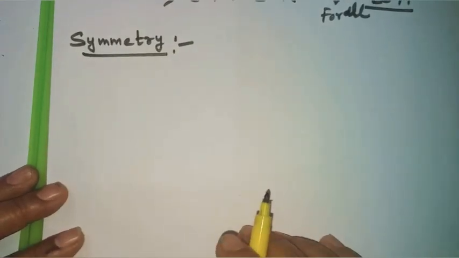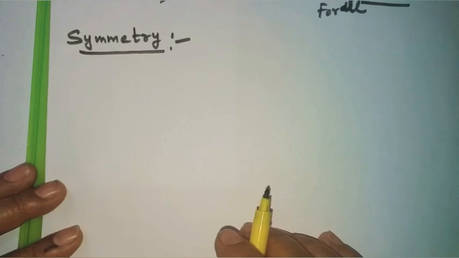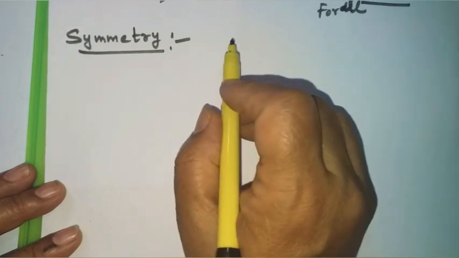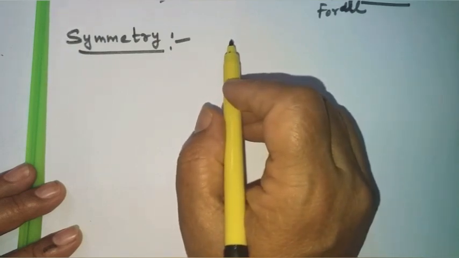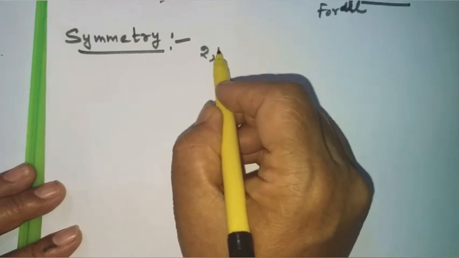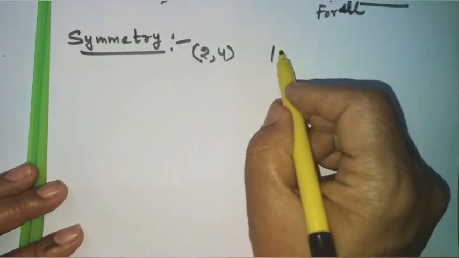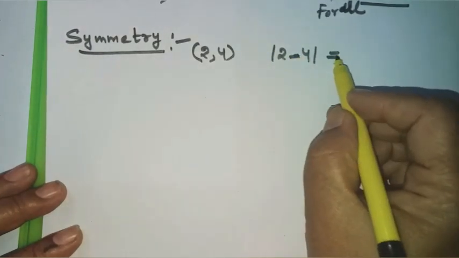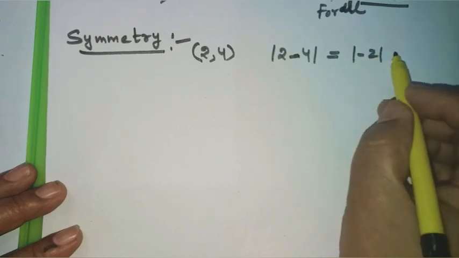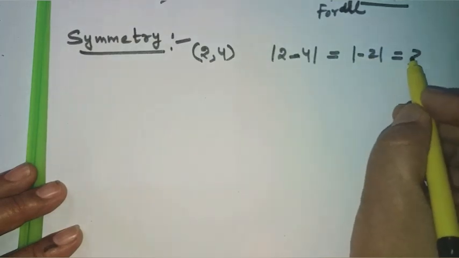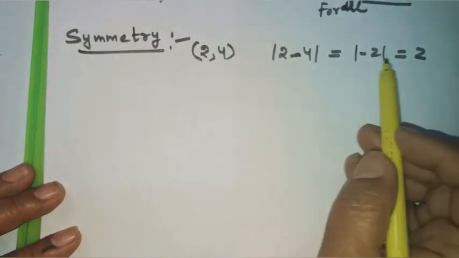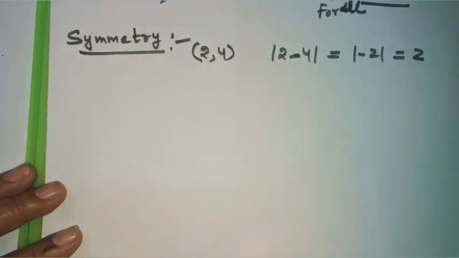Symmetry. So let us first check whether this relation is symmetric or not. First I am checking roughly, then I will prove it when I am satisfied that yes, it is going to be symmetric. Take any two numbers, say 2, 4. Let me check the modulus of the difference of 2 and 4, which is modulus of minus 2, which is 2. So I can see that for 2, 4, their difference is 2, which is not a multiple of 4, so it does not belong to the relation R.